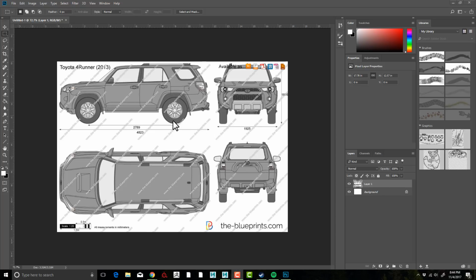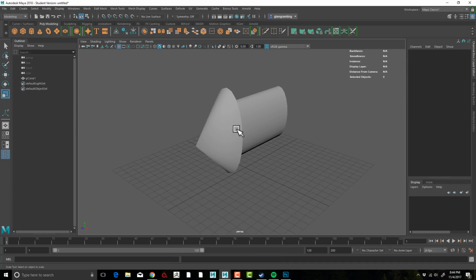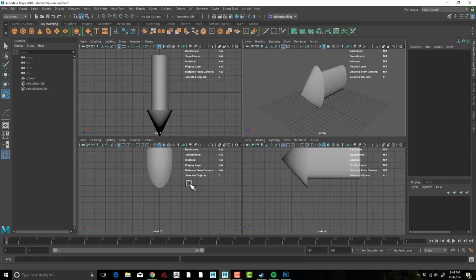But the first thing I like to do is set up my orthographic views, basically so they're all in one image. All the proportions line up properly, and they kind of resemble my Maya viewport. So if I jump over to Maya, I have just a little arrow that I made here, and if we look at our